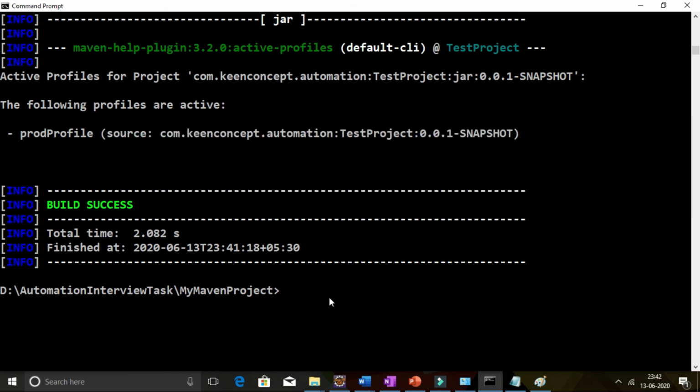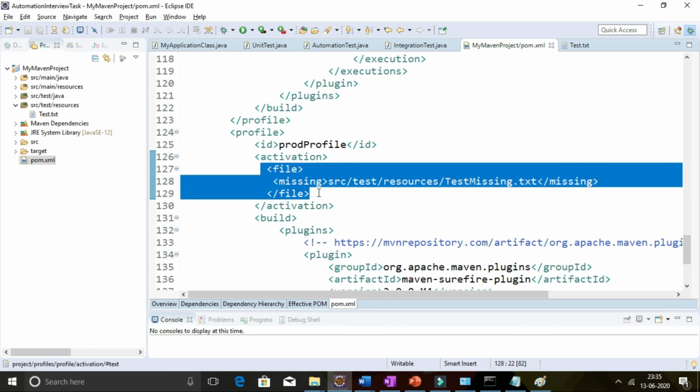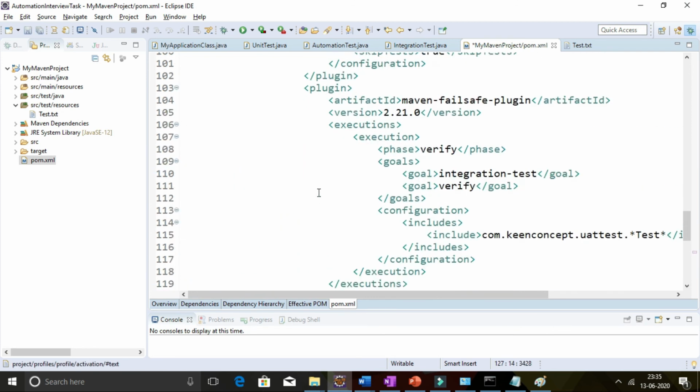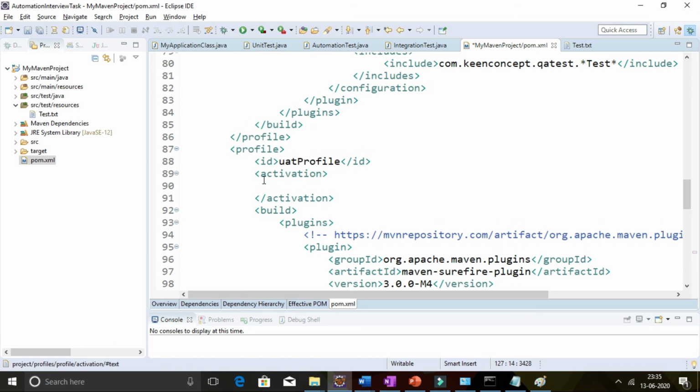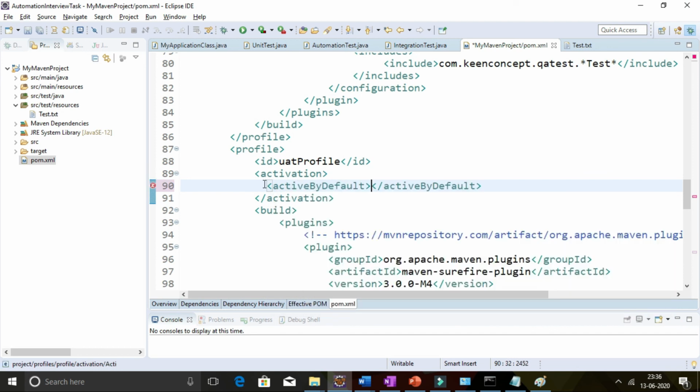So let's move to Eclipse and let's see how we activate by using active by default tag. And we'll delete this file tag and let's move to some other profile, suppose UAT profile, and under activation tag we will mention active by default tag, and under this we will mention a boolean value as true.